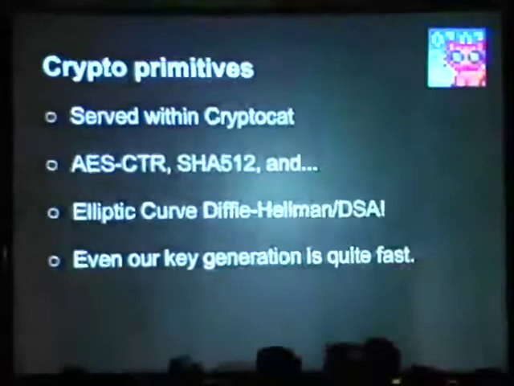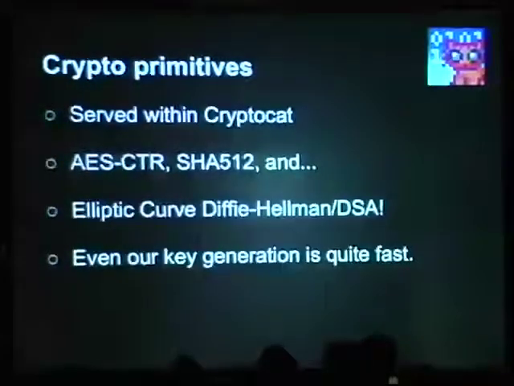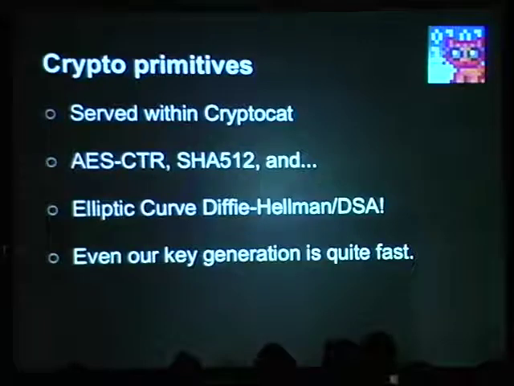So aside from that, crypto primitives. We serve them within Cryptocat, obviously. I don't know why this is a slide point. AES in CTR mode, SHA-512, and elliptic curve Diffie-Hellman and DSA. Since we're doing things in JavaScript, doing things like 4096-bit Diffie-Hellman is a pain, and especially if you're doing RSA, because you have to generate 2 primes. But